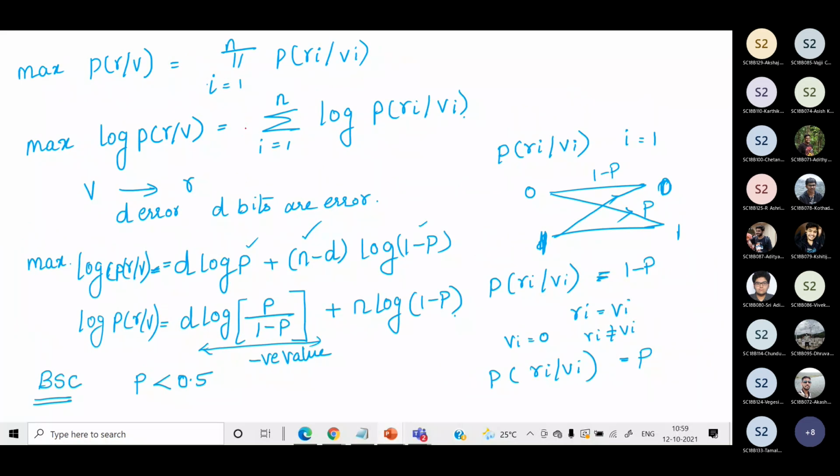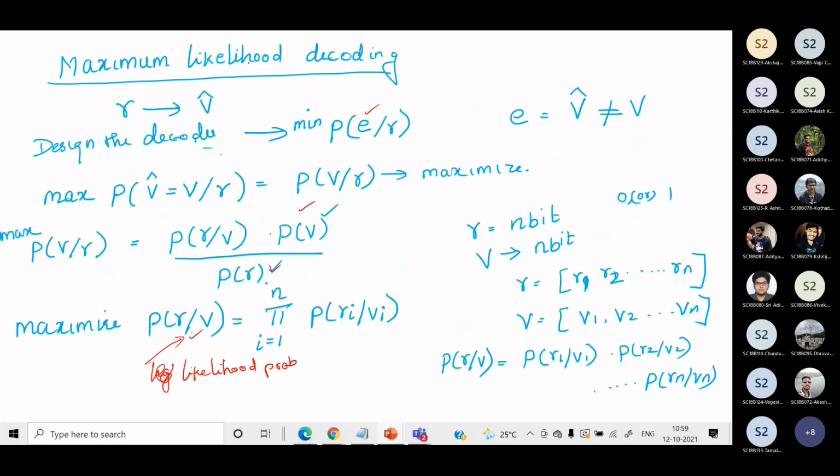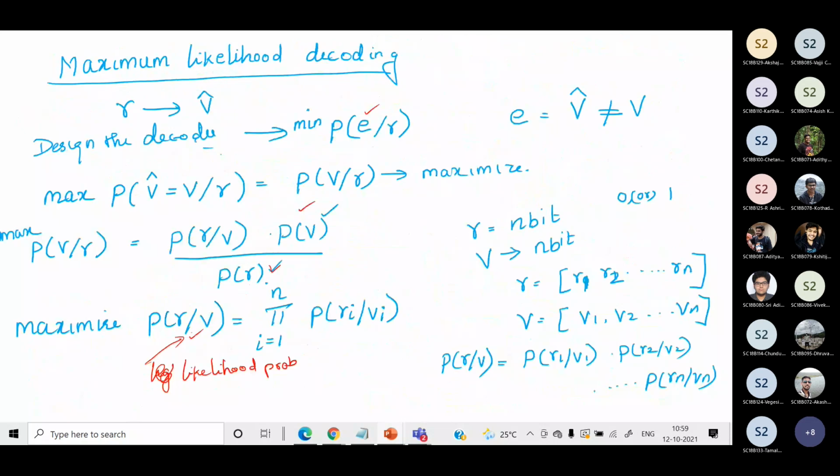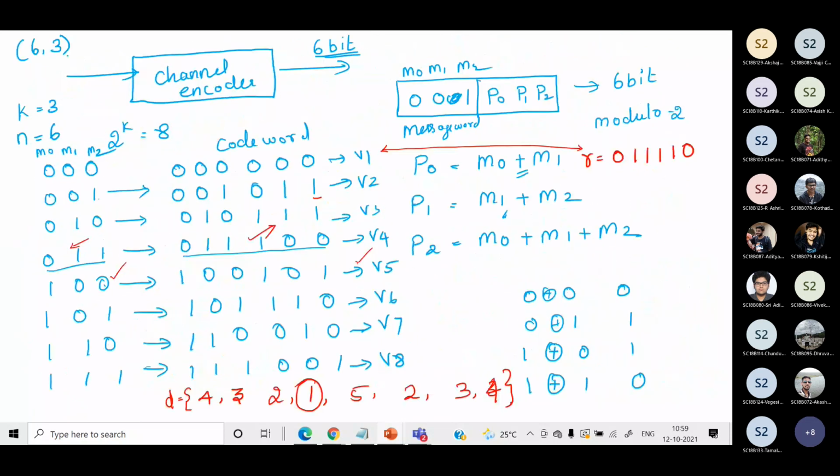Ma'am, I have a question. Yes. We assume that each bit is independent, but while calculating Ri or Vi, we took that parity, since we have 3 bits, that is k bits, and we convert it to an n-bit code word, right? See, occurrence of this bit doesn't affect the occurrence of this one, right? But the occurrence of the first bit.